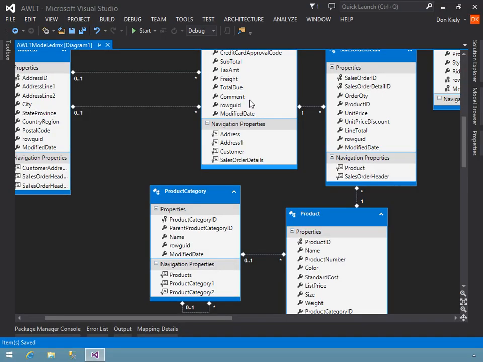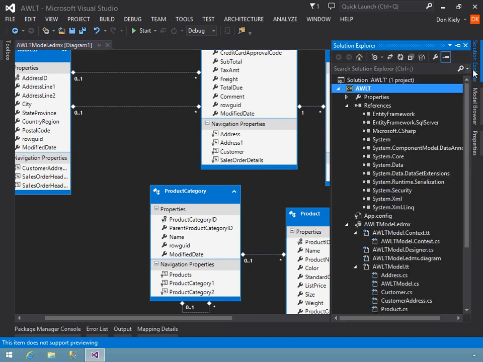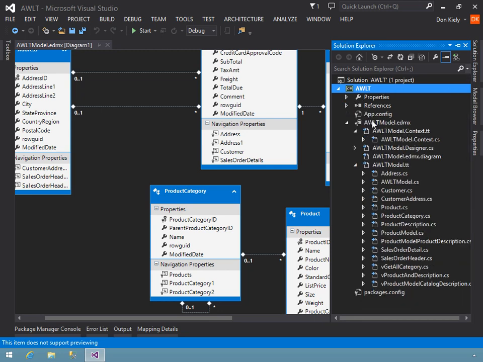All right, so I'm going to show you a few more things about working with this model, including subdiagrams. But first, I want to come over here to Solution Explorer. I'll collapse that. And here's the AWLT model. This is the actual designer file that contains the XML that implements this model, including information that's needed for the designer. So I'm going to take a look at this code file right here,